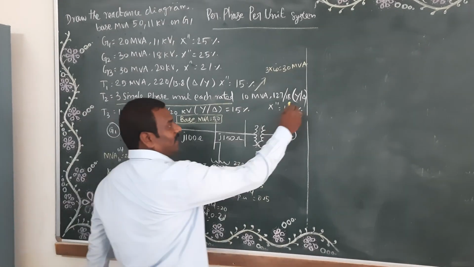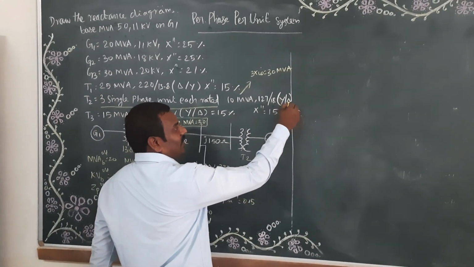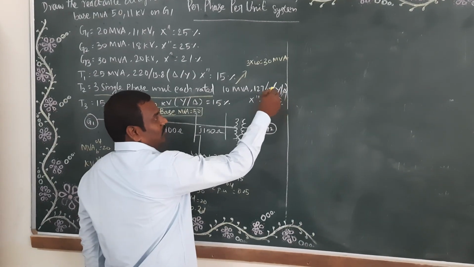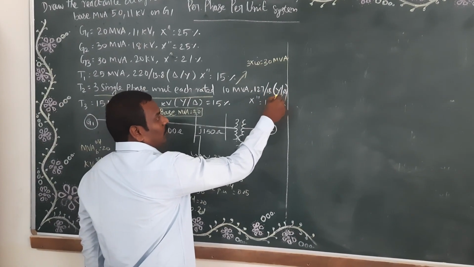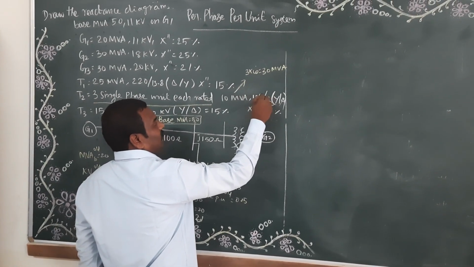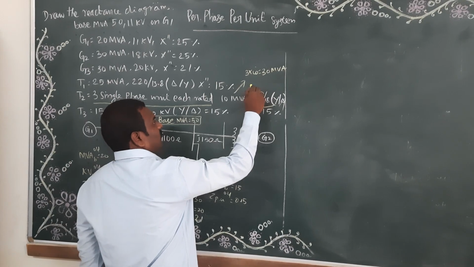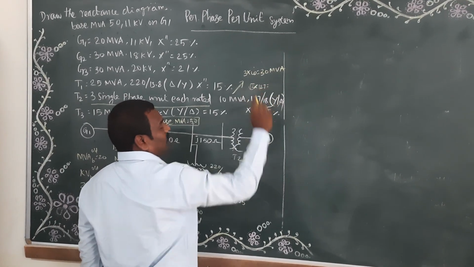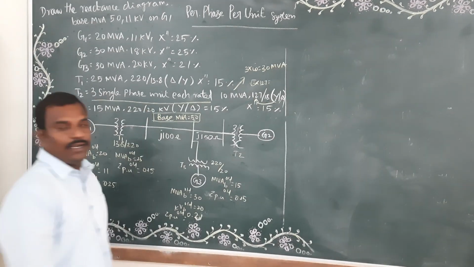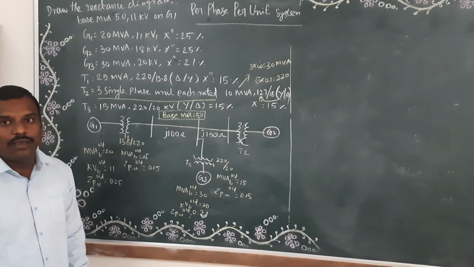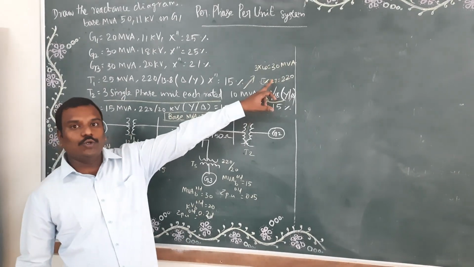You can see the type of connection, star, delta, where single phase connection is not at all possible. In delta it is not possible. So only at star it is possible. So star is 127. So you have to convert this voltage into 3 phase voltage. How to convert? 3 into 127 you have to get. You have to calculate. If you calculate, it will be coming around 220 kV. Okay? Are you able to understand? It is coming around 220 kV.